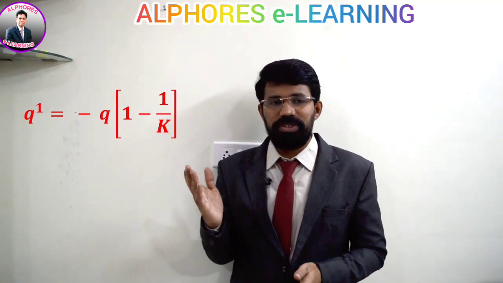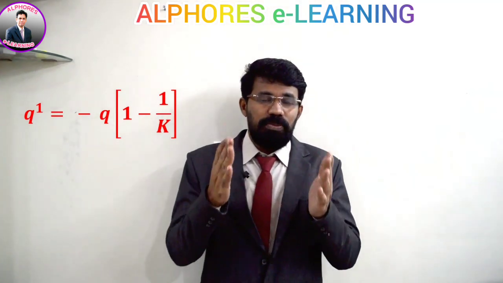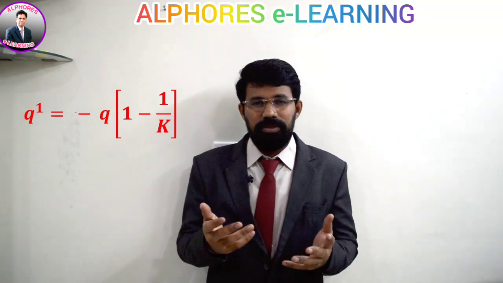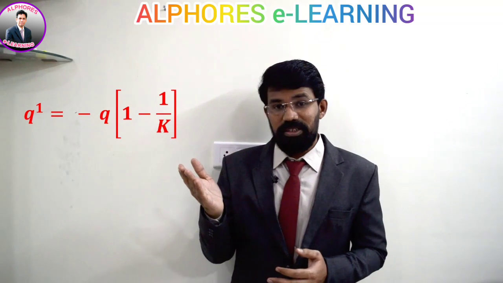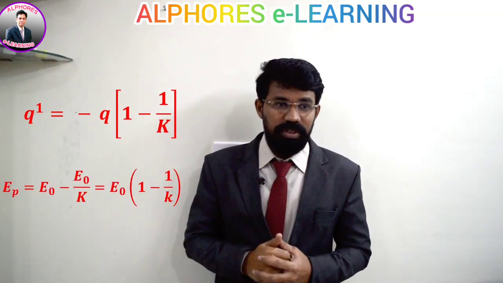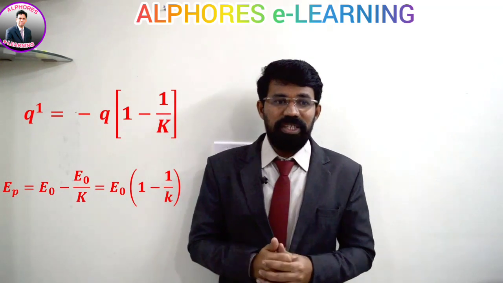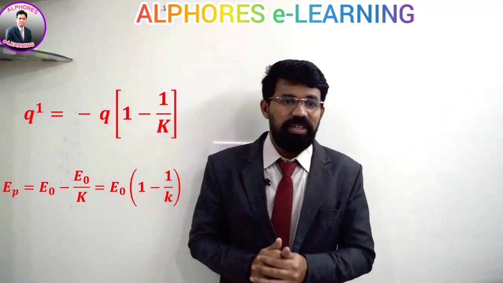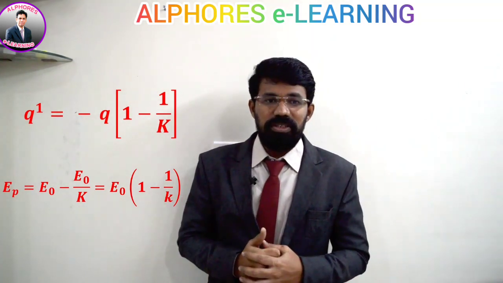And the next equation is this one. Just now I told you, when a dielectric slab is placed between the plates of the capacitor, inside there will be an electric field. That's what we can call the induced electric field, and its equation is this one. E induced is equal to E naught minus E naught by K, or it can be written as E naught of (1 minus 1 by K). This is the electric field due to induced charges on the dielectric.